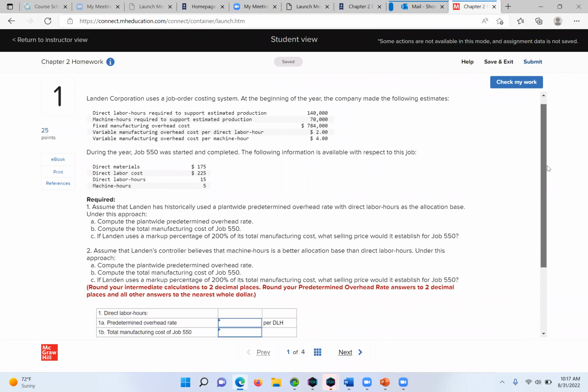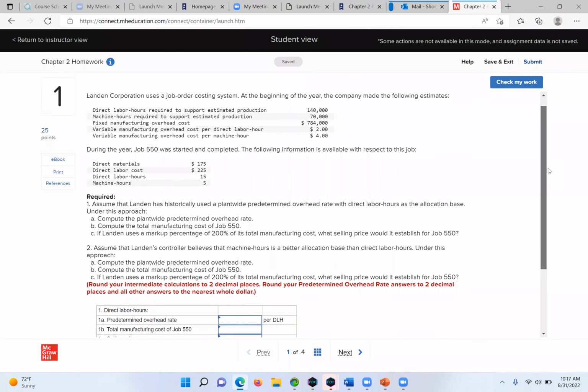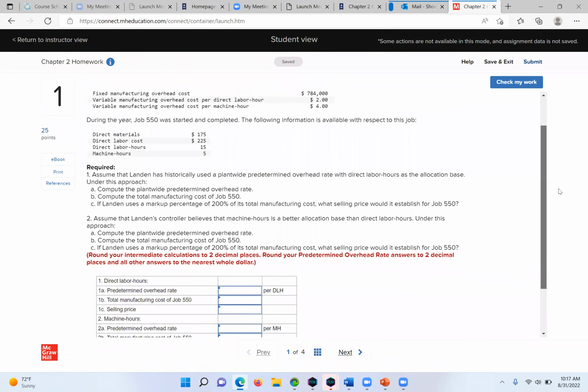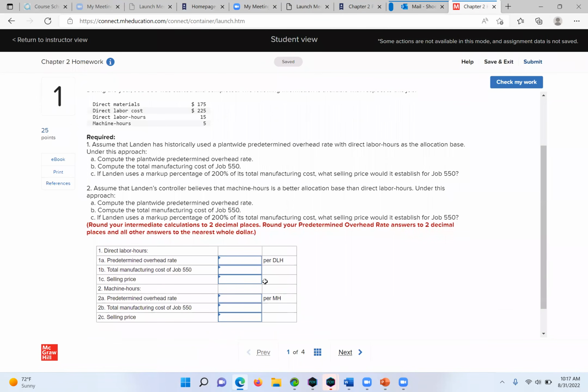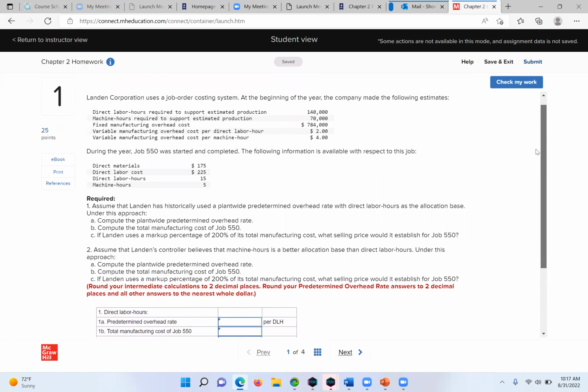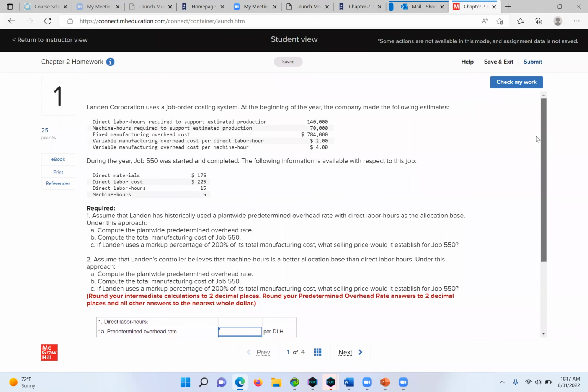Under this approach, compute the plant-wide predetermined overhead rate. So the way this predetermined overhead rate is going to be calculated is